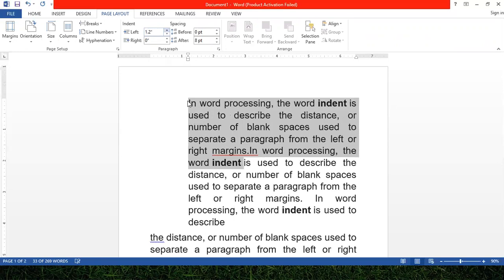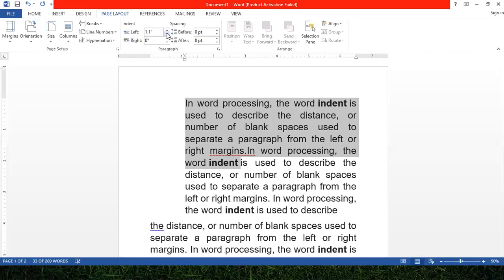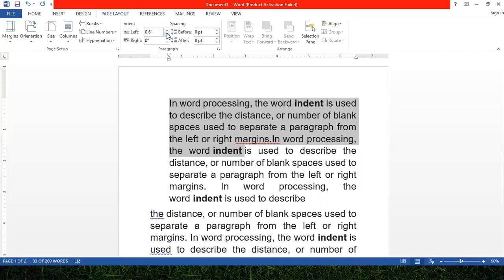Now, as you can see, the space between the margin and the text has increased. We are not counting this margin. The space from the edge of the margin to the text has increased, and this space is called indenting space. Now, if you click on the down arrow, this indentation space will decrease.